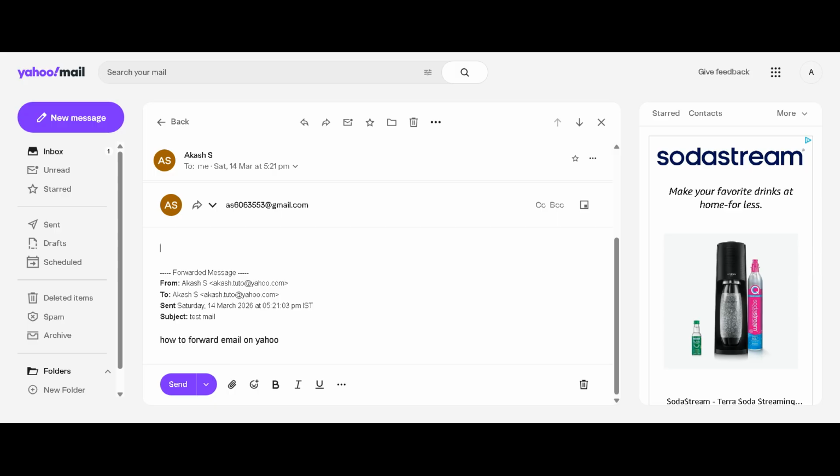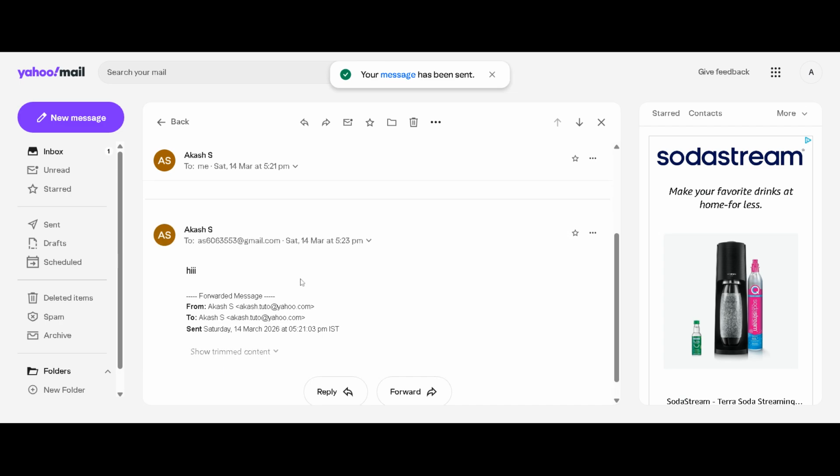Finally, review the email. Make sure the recipient address is correct and then click the send button. Yahoo Mail will instantly forward the message to the recipient. And that's it. You now know how to forward